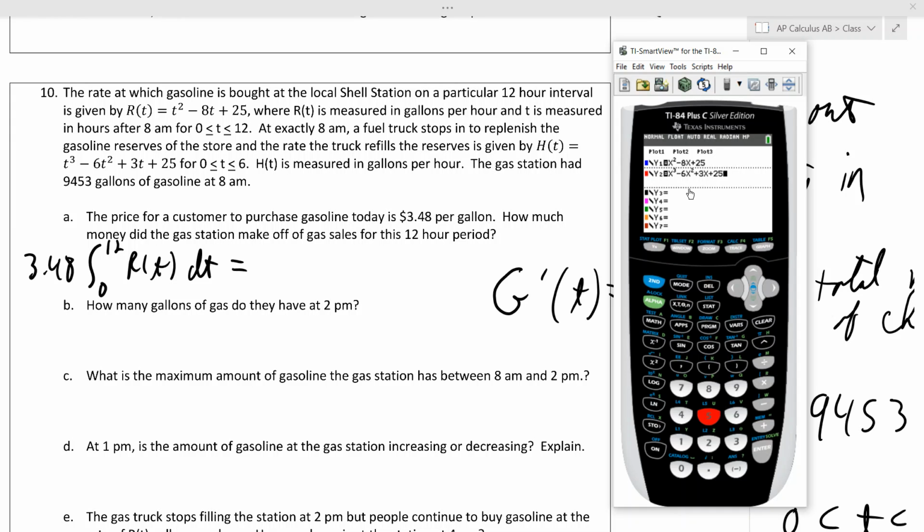X cubed minus 6x squared plus 3x plus 25. Okay. So let's quit that out. But for this question, we don't need the rate that it's brought in. We need the rate that it's bought out, because they're paying $3.48. Customers pay $3.48 to buy it. So it's $3.48 times the integral from 0 to 12